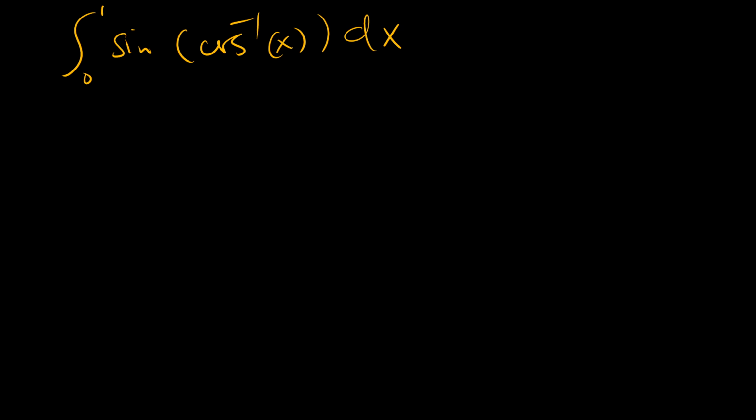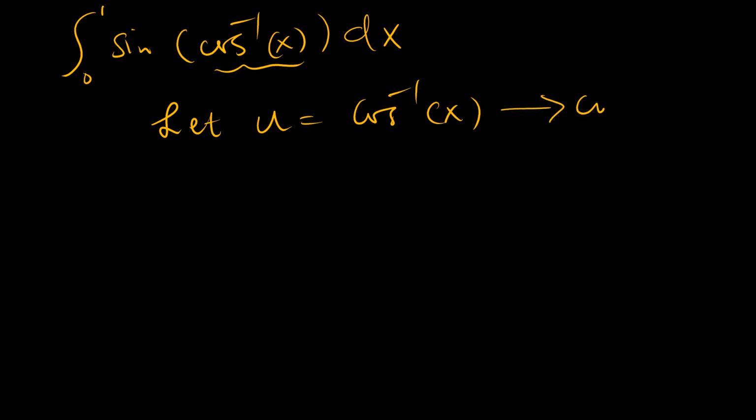As the rule of thumb tells us, look for the most complicated part, and for me it's this arccosine expression here, and what I'll do is I'll say let u be equal to the arccosine of x, which means that cosine of u is equal to x,